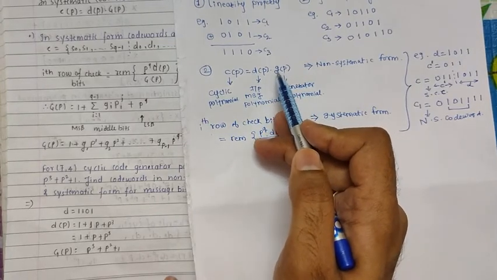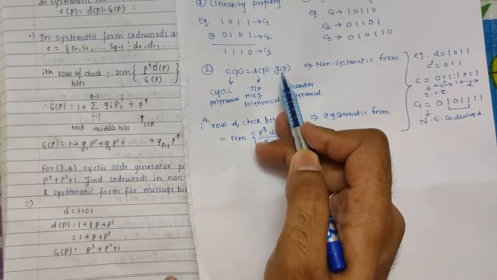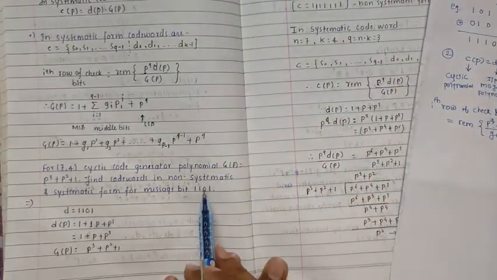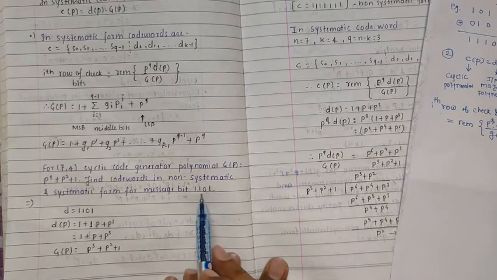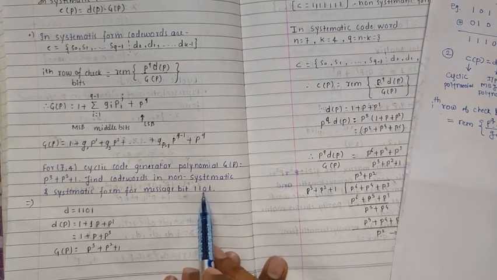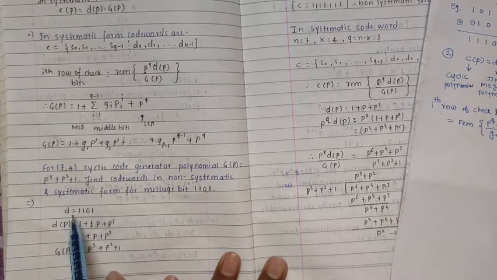So basically we are directly having G of P, but somehow we wanted D of P. Now this is the value of d. Input is given and we need to convert it into its polynomial equation. So while using the basics of my last lecture, we can convert this binary sequence into its polynomial form.